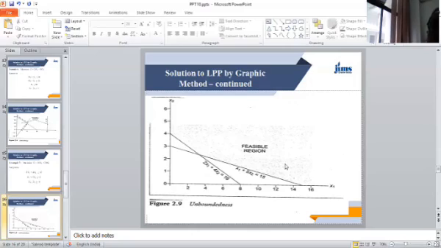You can get multiple solutions and there is no limit to the maximum value of the objective function. So when the feasible region is widely spread and there is no single point where you can get the maximum value, we call it a case of unboundedness. I think I am clear.